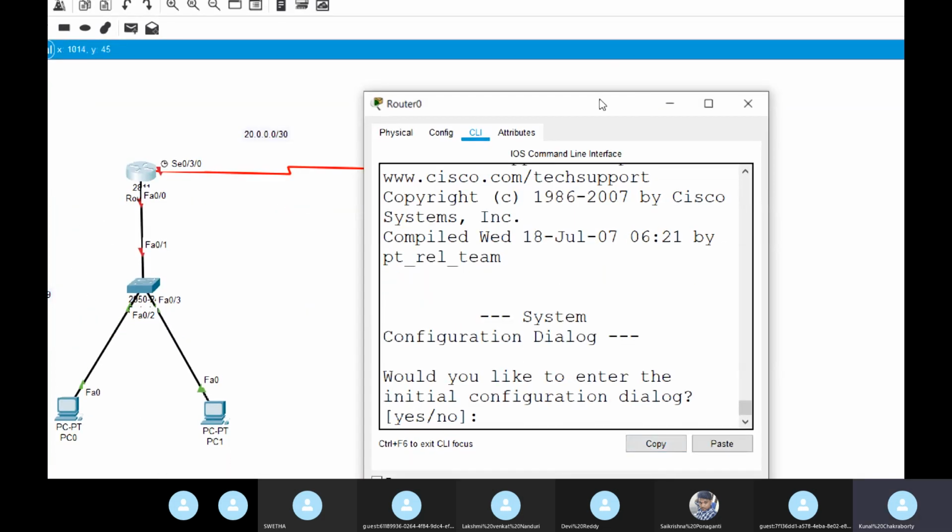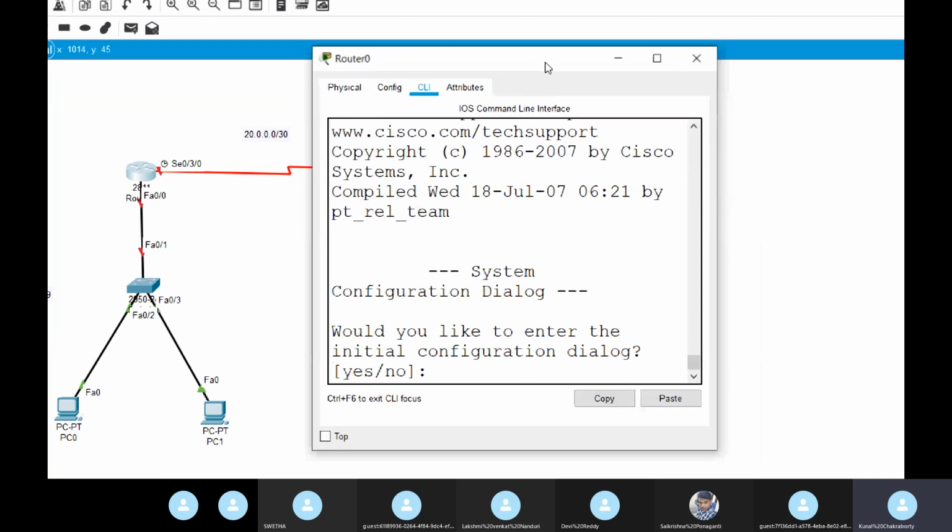All right. Now the router has 3 modes. First mode is user mode. Second is privilege mode. And third is configuration mode. Whatever we are going to configure, we need to do it in configuration mode.